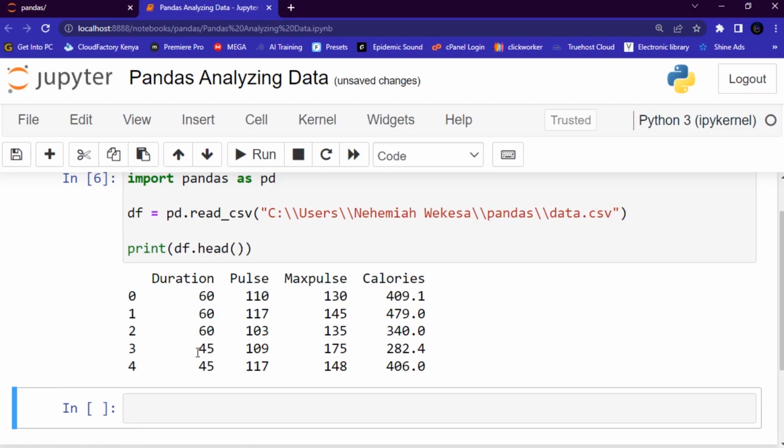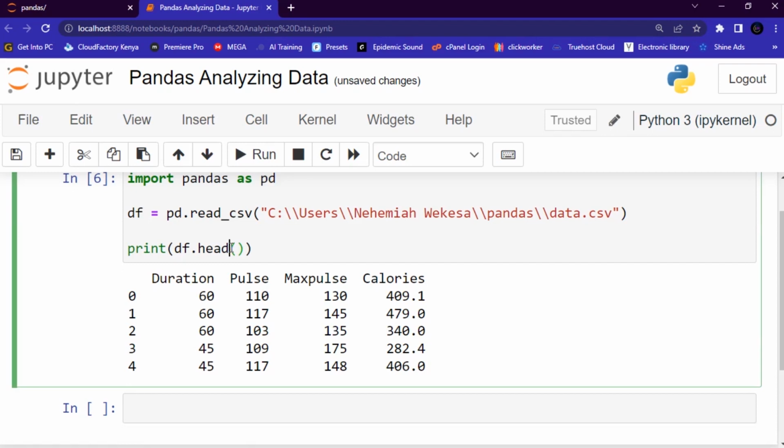So guys, basically there's also a tail method for viewing the last rows of the data frame. The tail method returns the header and a specified number of rows starting from the bottom. Now this one is just the opposite of the head. Let's print the last 5 rows of the data frame. So what I do, let me just write the tail